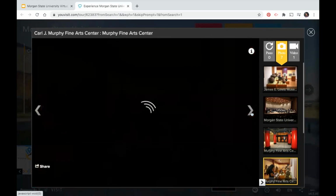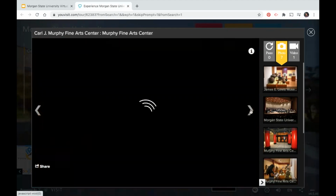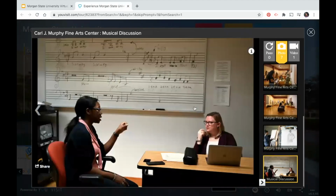This is the outside of the center. You can see a student here who's doing some sort of research or work in the James E. Lewis Museum of Art. You can see students in the art studio if you're interested in art. And then lastly, I thought this was really cool. You can see a student who's speaking with her professor. So when it comes down to the personability, if that's a word we can use, or the relationships that you can have with your professors, this picture goes to show that there's an opportunity to really sit down and to study your craft very well while being able to have conversations and learn from your professors